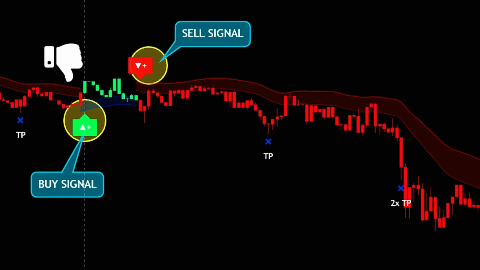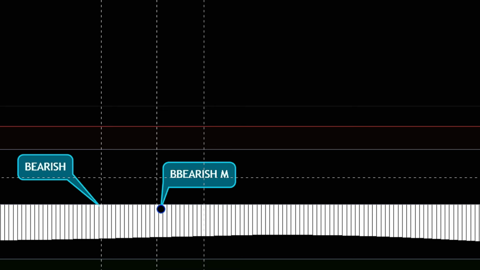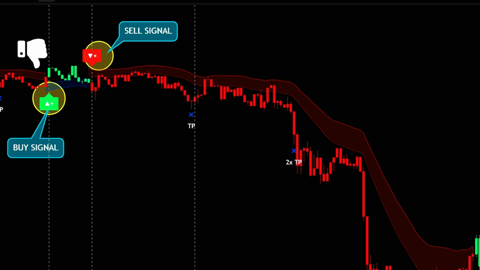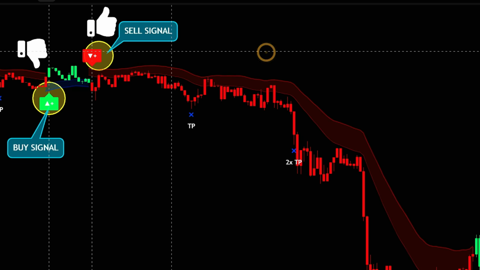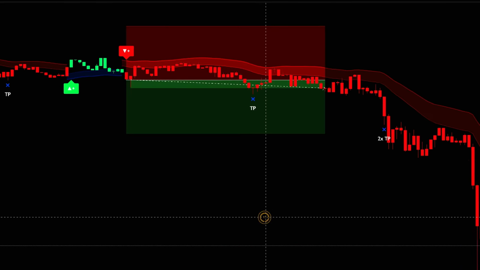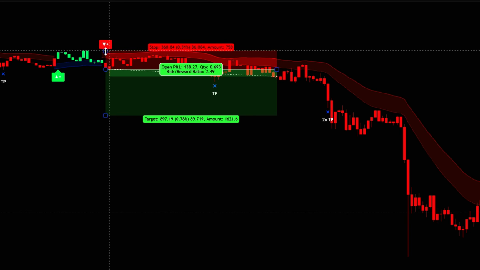The cool thing about this method is that it teaches you patience and discipline. You're not reacting to every signal, you're only trading when everything lines up, timing and momentum in agreement. That's why the results are so much cleaner and why charts start to make sense across different markets, time frames,